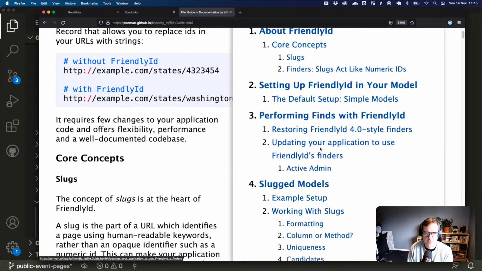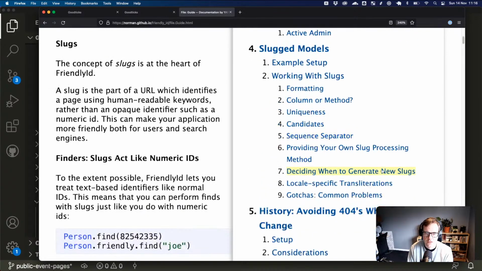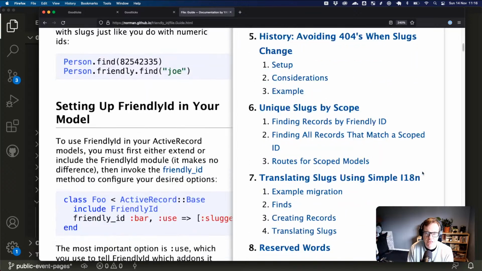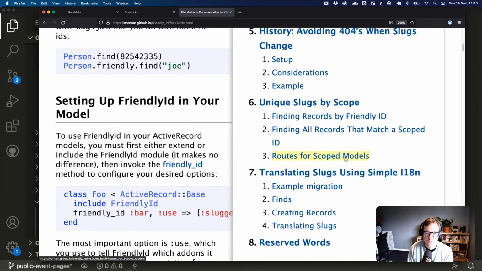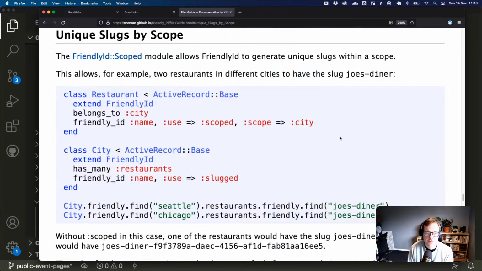Slugs, performing fine, slugged. Yep, we looked at all this really recently. Unique slugs by scope. The friendly ID scoped module allows friendly ID to generate unique slugs within a scope. This allows, for example, two restaurants in different cities to have the slug Joe's Diner.